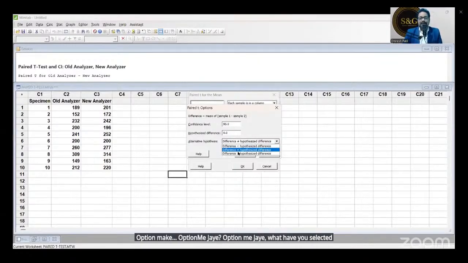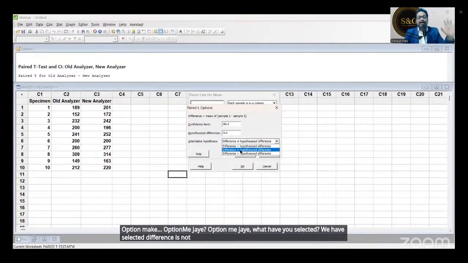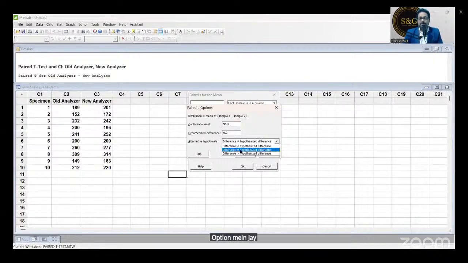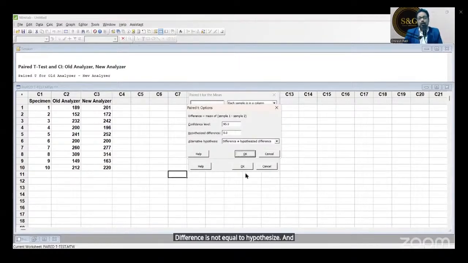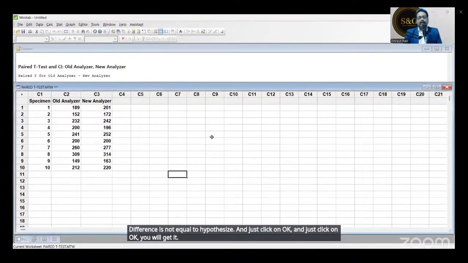We have selected 'difference is not equal to hypothesized difference'. Go to Options and the alternate hypothesis we have selected is 'not equal to'. That's it. Just select not equal to, because we don't know what the pair difference is, right? Select 'difference is not equal to hypothesized difference' and click OK. You will get it. Got it? Very good.